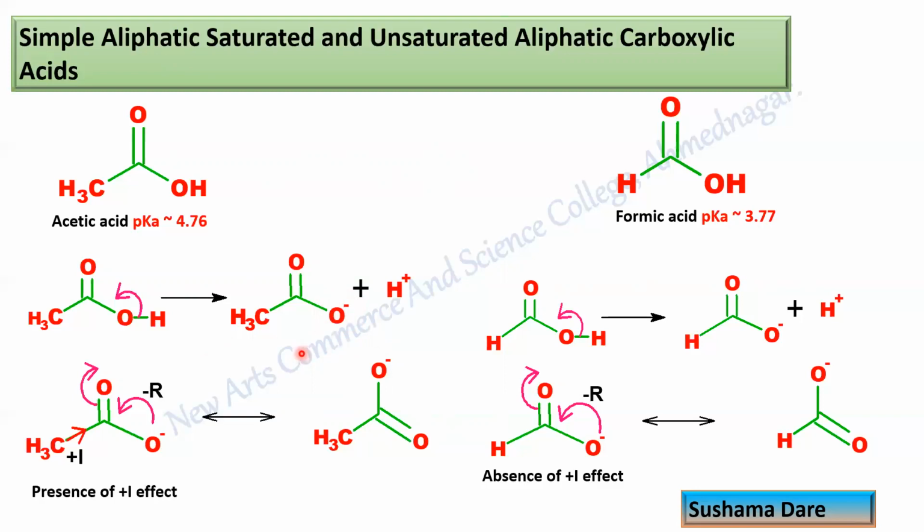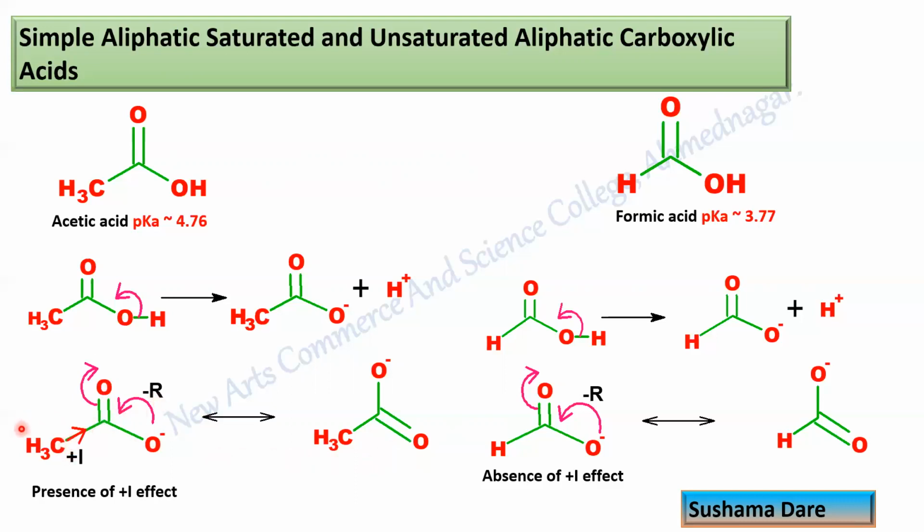What is the next thing? This oxygen is attached to the CH3CO group. This entire CH3CO group is an electron withdrawing group. So how is it an electron withdrawing group? Look, due to this type of electron withdrawing resonance effect, the negative charge which is present on this oxygen forms a double bond over here, and then the double bond changes to a single bond. So this is the electron withdrawing resonance effect. So the carbonyl group shows minus R effect.